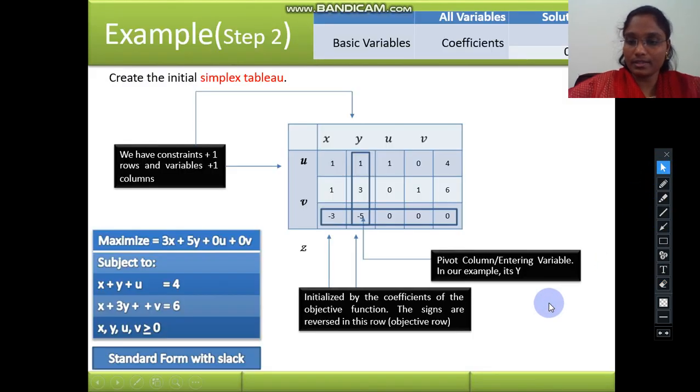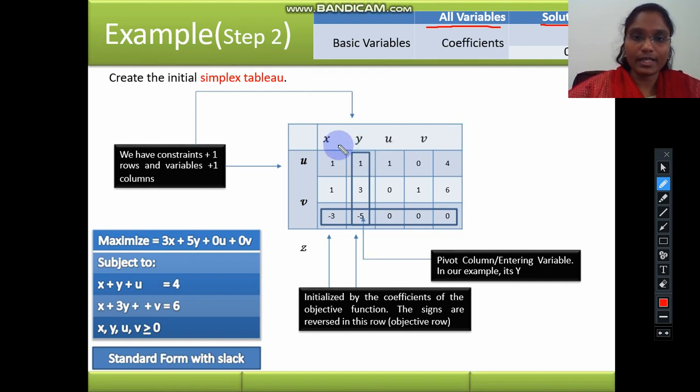So after changing that, the next step is we want to create a simplex table. Just see this table format. All the variables we have to include here. Then the next column is the solutions column, and inside the variables columns we should add the coefficient values, and here the basic variables we have to include. So this is the format of the table.